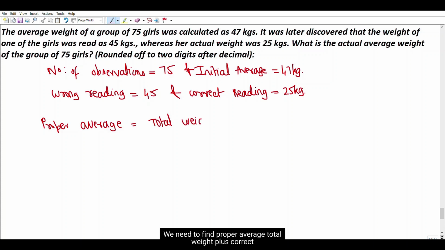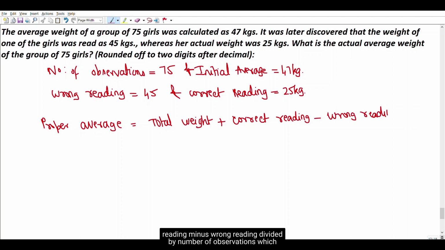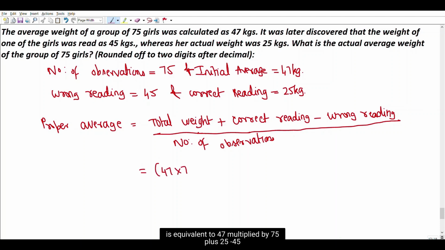Total weight plus correct reading minus wrong reading, divided by number of observations, which is equivalent to 47 multiplied by 75 plus 25 minus 45 divided by 75, which is equivalent to